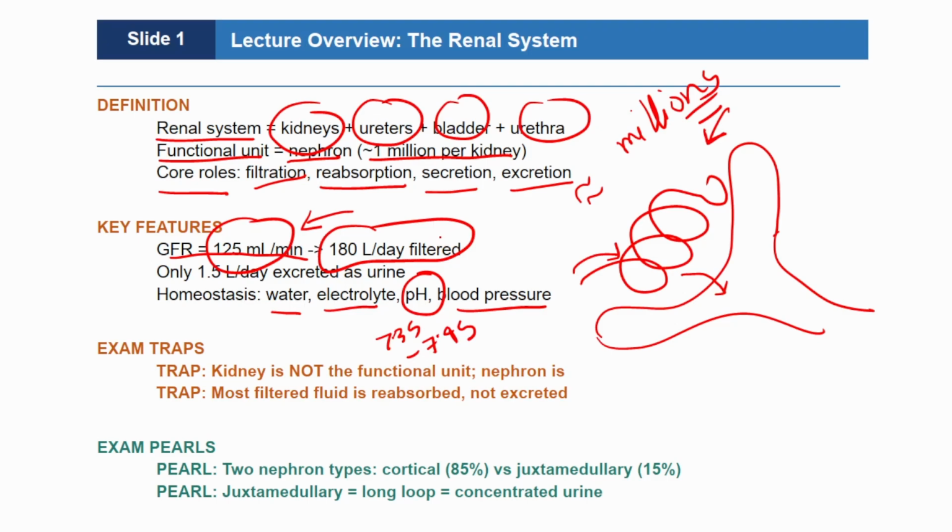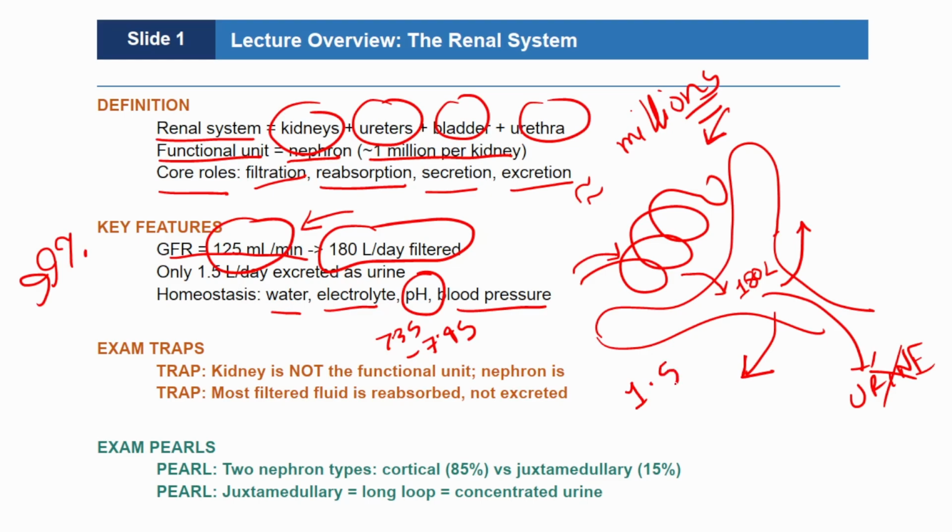every single day. You might think the whole filtrate goes out as urine, but it's not what you think. 99% of the filtrate is reabsorbed. That means the filtrate of 180 liters do not get excreted as urine. This is not correct. Rather, 99% of the filtrate will get reabsorbed. How does it get reabsorbed? We will cover that in the tubular reabsorption section. When we said 99% of the filtrate is reabsorbed, it means that only 1.5 liters of fluid are actually excreted